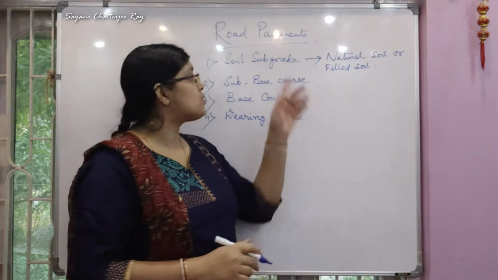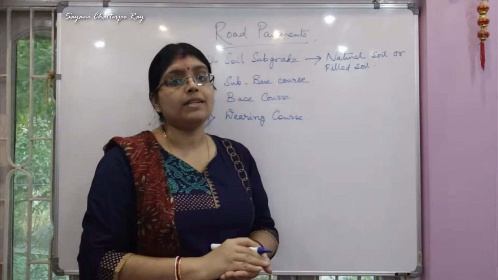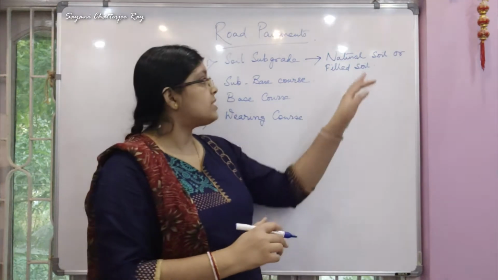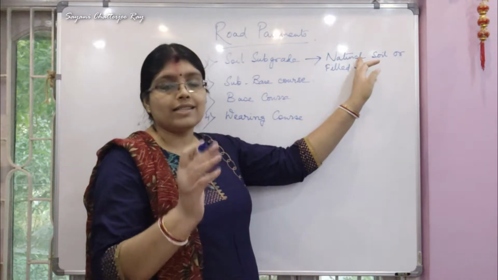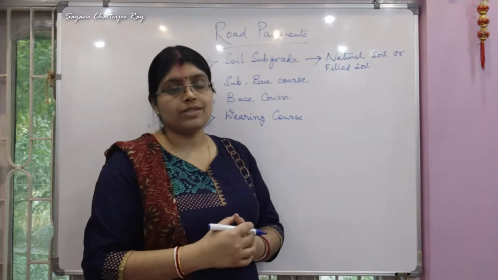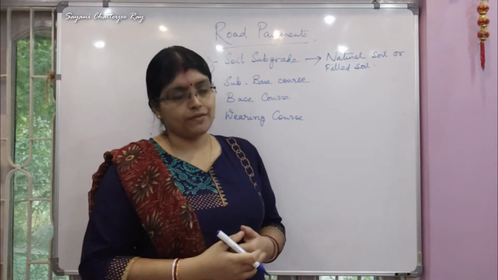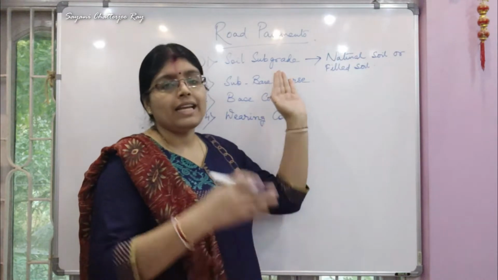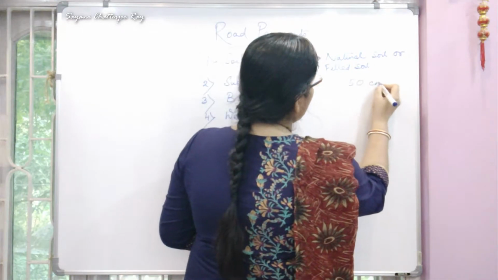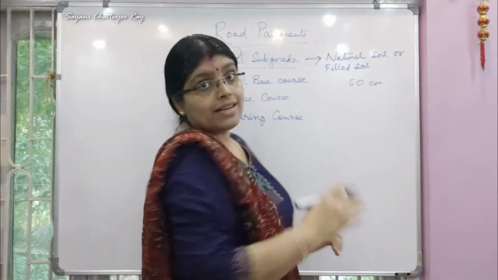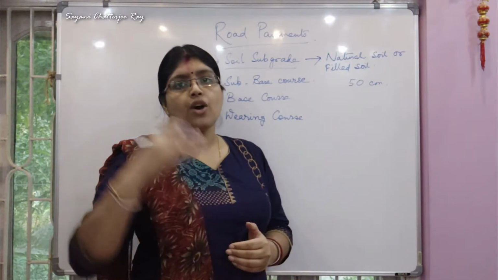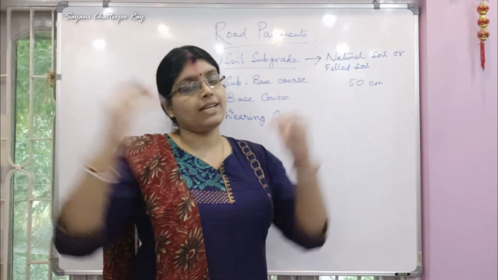The function of this soil subgrade is to transfer the load of the pavement to the lowermost earth mass layer, which is filled up with the natural soil, and as a result it gives a good structure and good support to the entire pavement structure. To avoid any sort of deformation in this soil subgrade layer, it is very essential to compact the topmost 50 cm layer of this soil subgrade, and this compaction has to be done under the controlled conditions of optimum moisture content and maximum dry density.